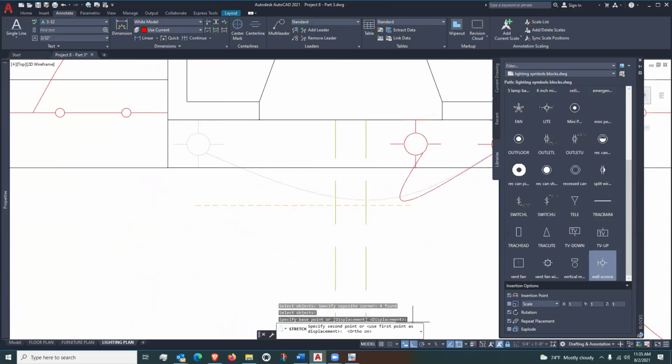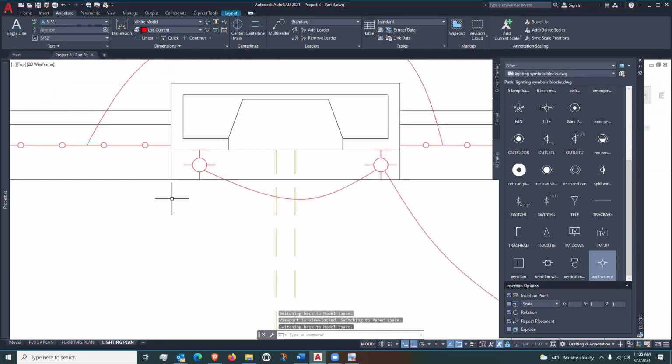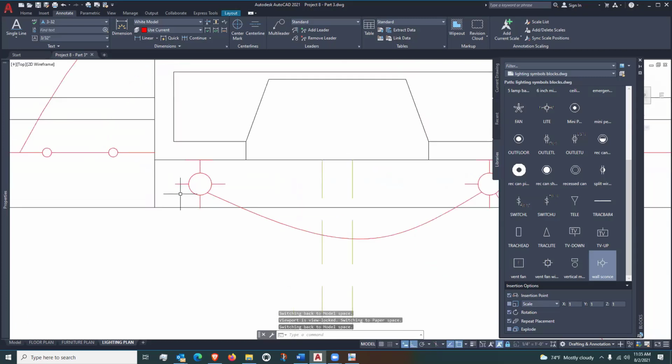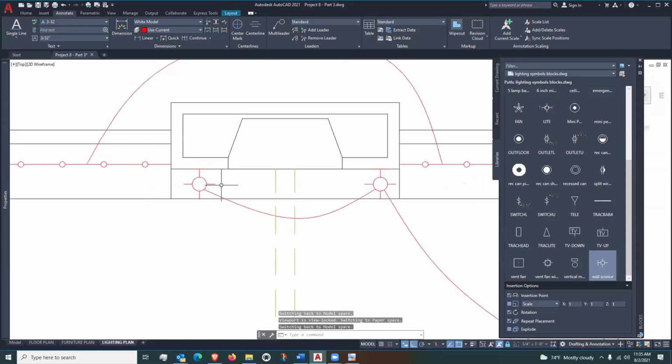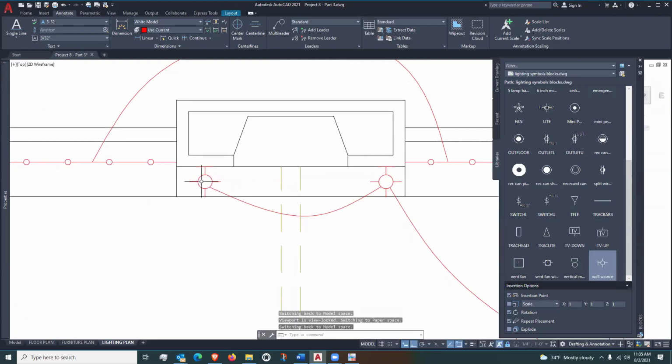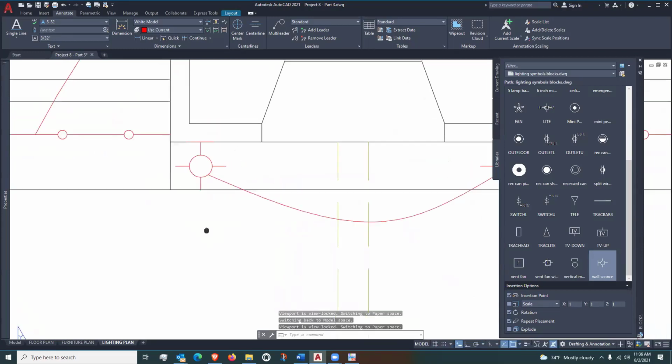I don't have ortho on, but let me turn it on. If I had that sconce there, my contractor would go, it looks like this fixture is centered on this piece of wall between the opening of the fireplace and the corner of the fireplace. And he doesn't have a dimension here, so I'm going to assume that's centered, and that would be perfectly fine. Now, the reality is